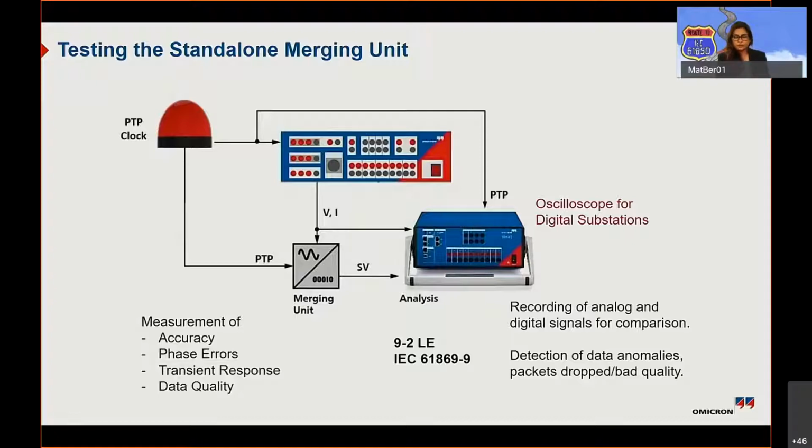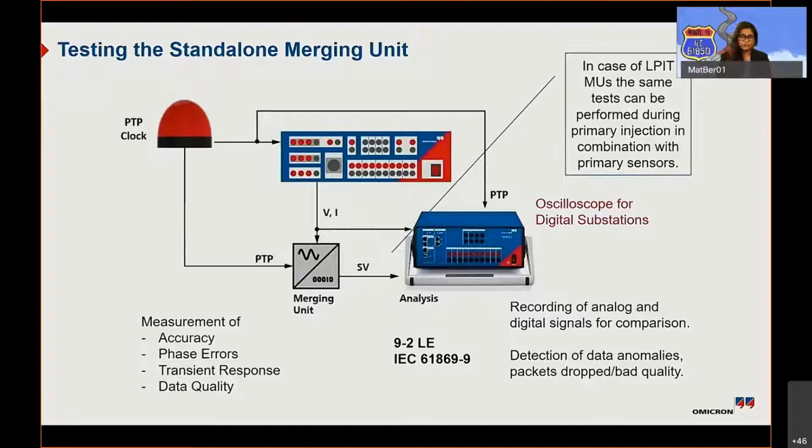It's doing what it's supposed to do. And there, you can use a type of oscilloscope such as Daniel 400, and there you can compare the analog input that you inject into the merging unit to the sample value output from the merging unit. You can compare them pretty much like you will look at an oscilloscope and ensure that your merging unit is really working